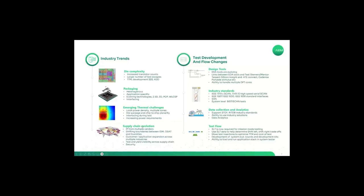Our supply chain evolution is probably something outside of the scope of this particular session, but as we all in the semiconductor industry appreciate, it is a very complex supply chain that we've managed to create over the last few decades, and that is now being revisited and unraveled as we try to